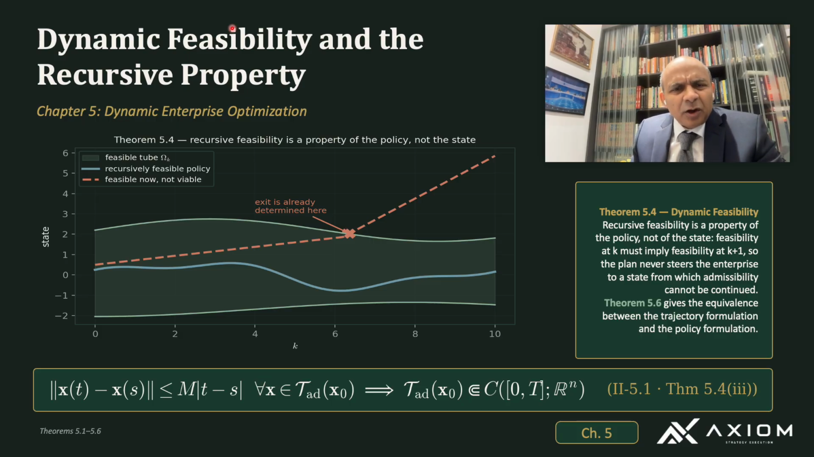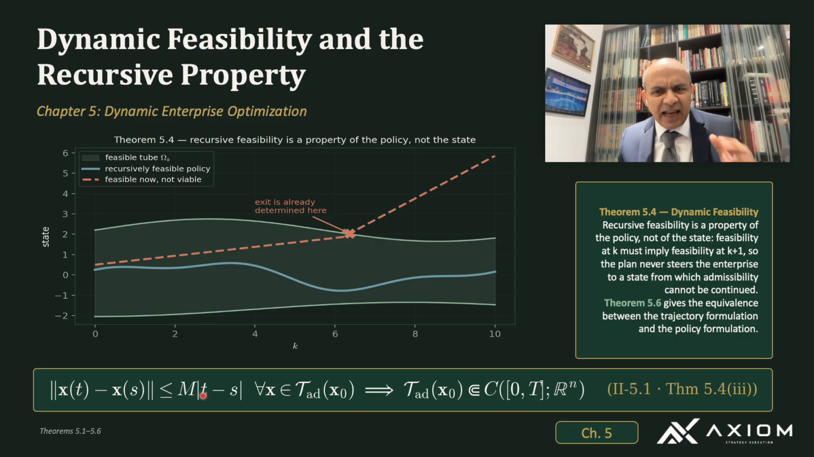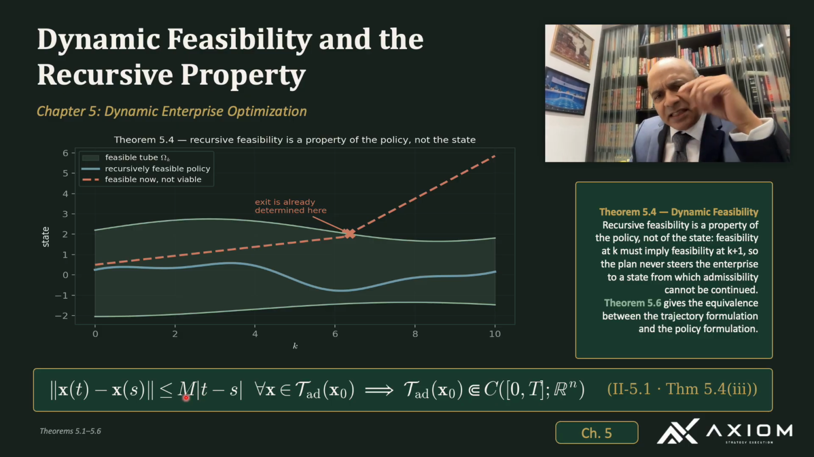So the equation at the bottom basically says that every admissible enterprise trajectory is Lipschitz continuous in time. Now, the state cannot change arbitrarily fast. Its rate of movement is uniformly bounded by M over here. As a result,